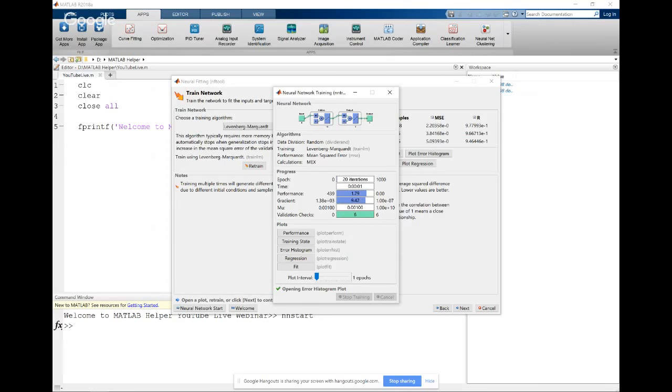And why we basically need data fitting: curve fitting is a process of constructing a curve or a mathematical function that has the best fit. So in this case, we are constructing a curve for a series of data points. We have a series of data points which we have loaded from the inbuilt GUI of MATLAB for this chemical example over here. So to best fit the data, we are using this tool called data fitting. And that is what I'll show you in the last plot over here, which is fit.